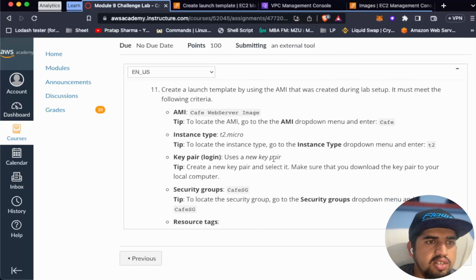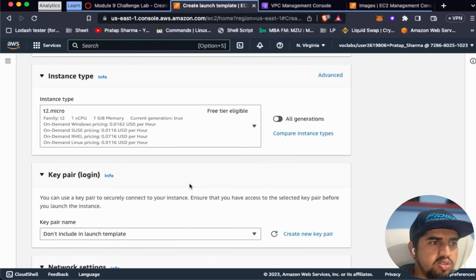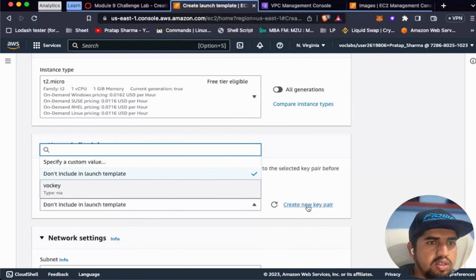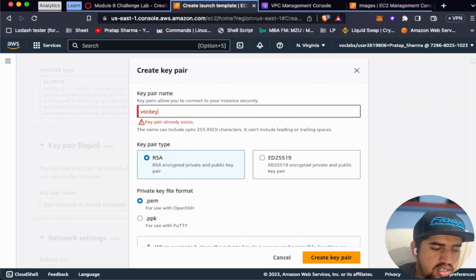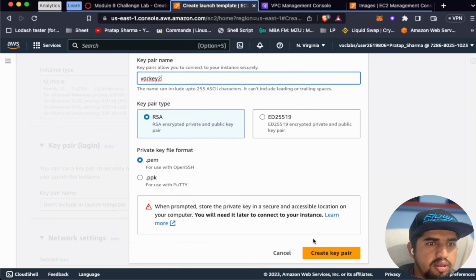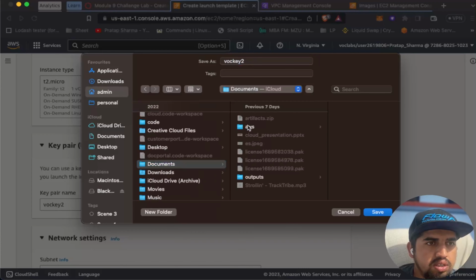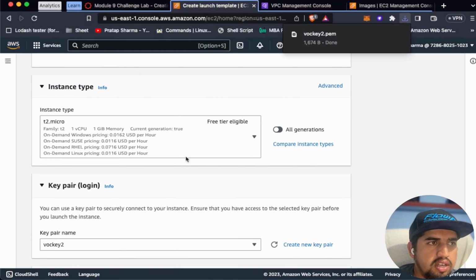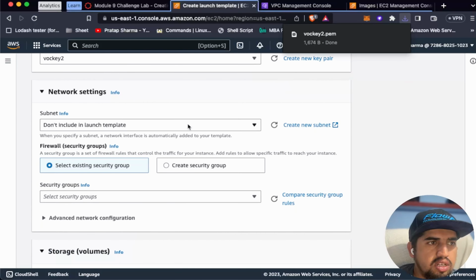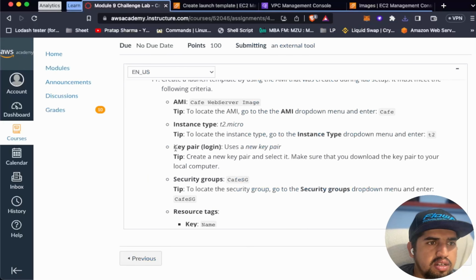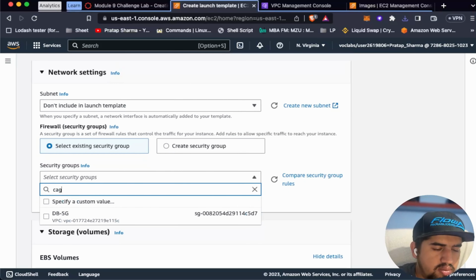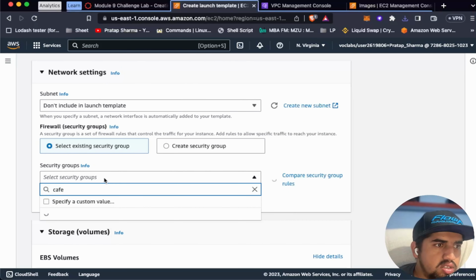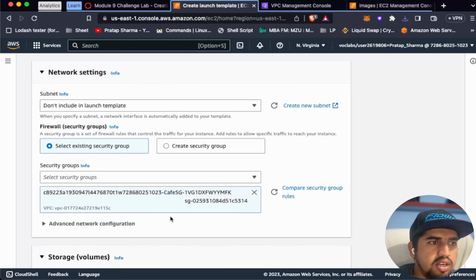and we need to use a new key pair. Since I think we need to create a new key pair, create new key pair, Voki2 PEM. Let's create the key pair, and it's saved in documents and AWS. Let's save, and then for the security group it should be Café SG. I'm not sure why I don't see the Café SG here. So it's here, Café SG. Okay, and then